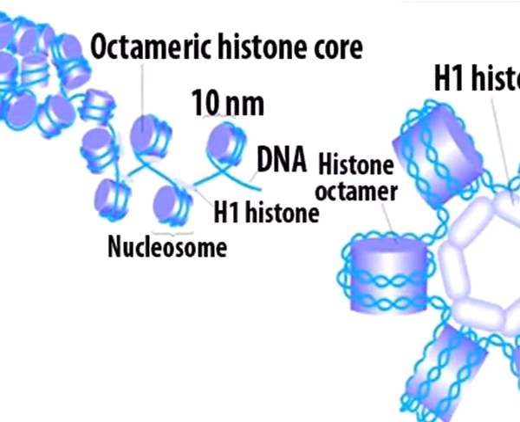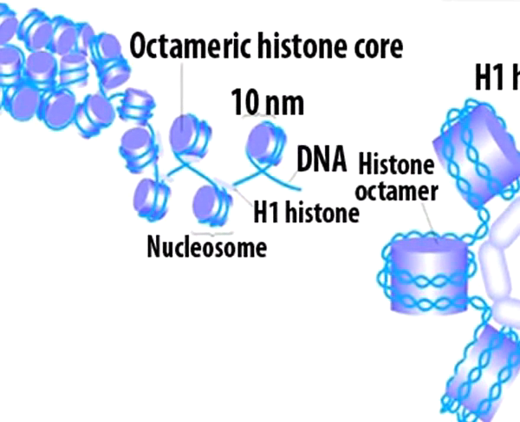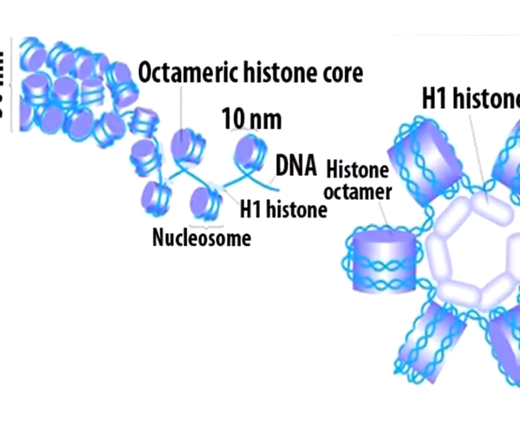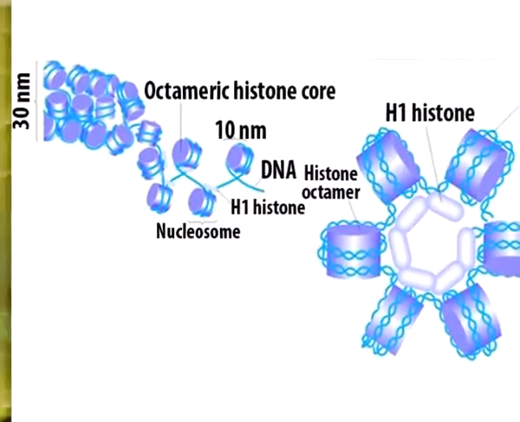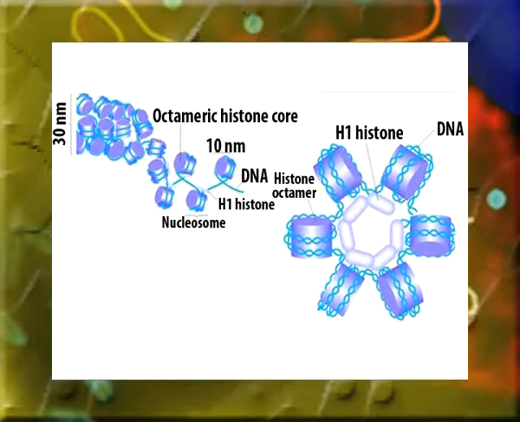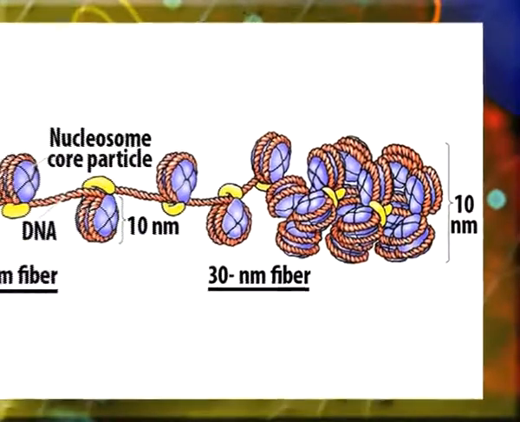It can be extracted more readily from the chromatin. The histone H1 can be removed without affecting the structure of the nucleosomes, which suggests that its location is external to the particle. The nucleosomes are further packed upon one another to generate a more compact structure, the 30 nm